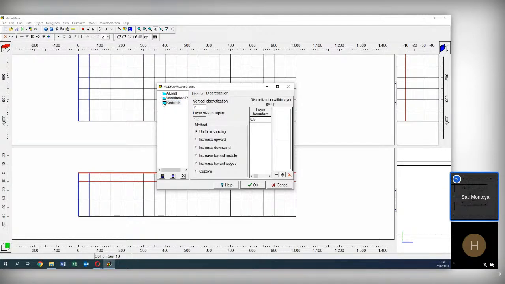Then there is a big question: how many layers should I have? It really depends on the vertical discretization, the amount of data that you have, and how well you want to define the behavior of the groundwater flow in the vertical direction. For example, if you are modeling a trench or a drainage system, you will be interested in having maybe 20 layers.